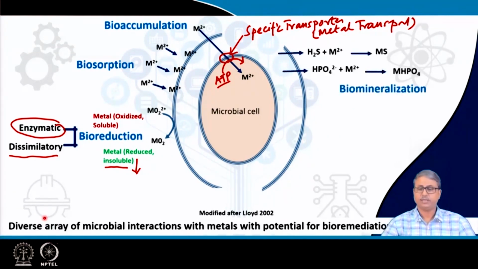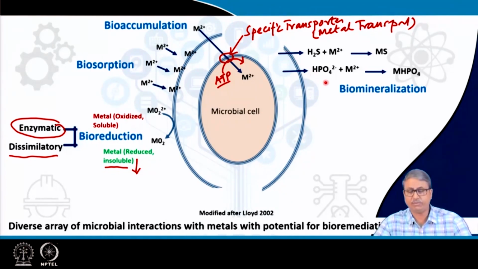So, the next process is a very interesting process which is called biomineralization. During biomineralization, the microbes produce different types of ligands. One of the very interesting ligands is the phosphate group, which the microbes often produce because they break down or utilize the organic phosphates and the phosphate groups are released. And these phosphate groups are very efficient in binding the divalent metal ions, and they can lead to the precipitation of the metal phosphates. All the metal phosphates precipitate in the surrounding environment, around the cells, outside the cells.